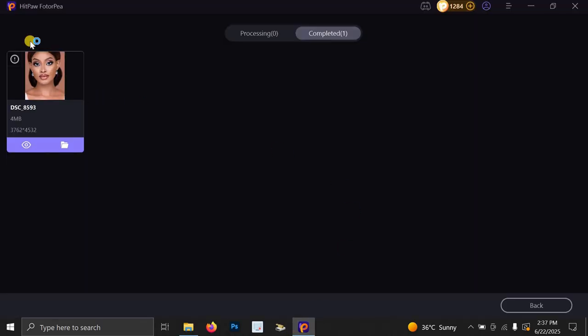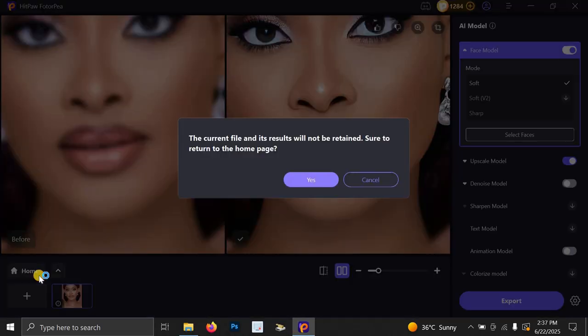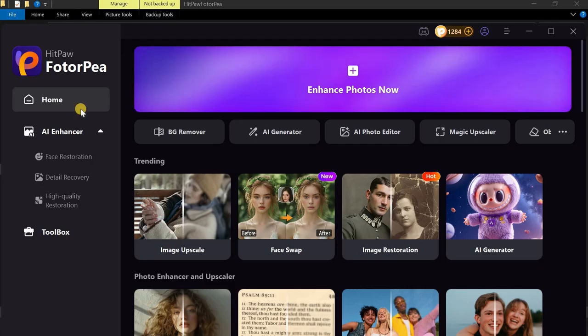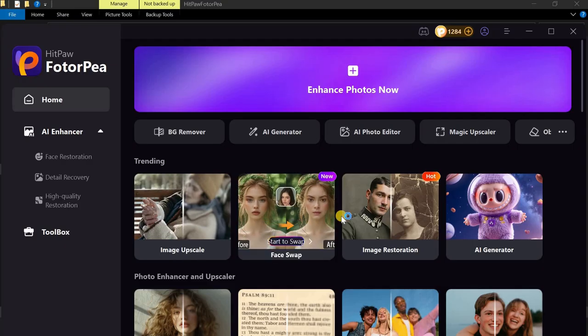So let's just go back and let's click on back. Then let's click on home and let's cancel this thing. So we are going to see this current file and its results will not be retained. So we are just going to click yes. And once we click yes, we are going to go to the